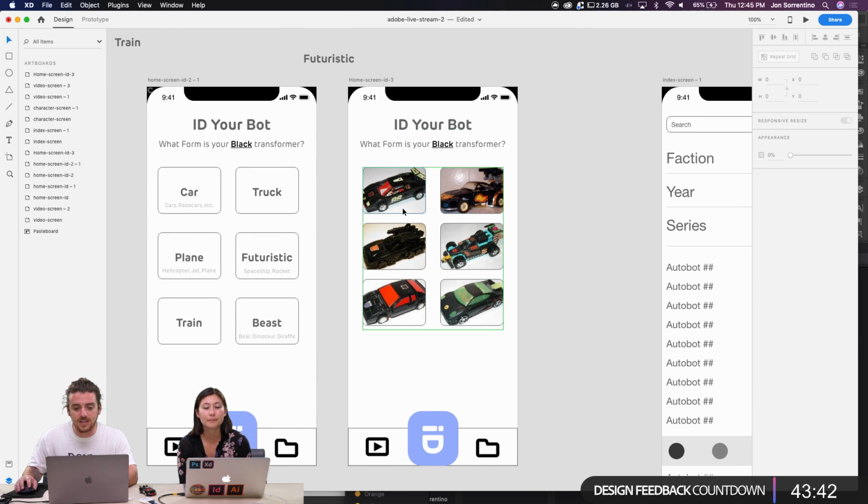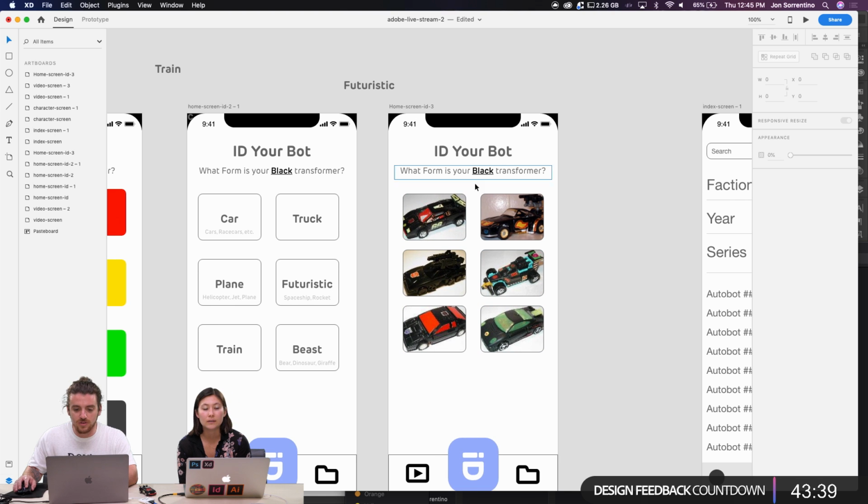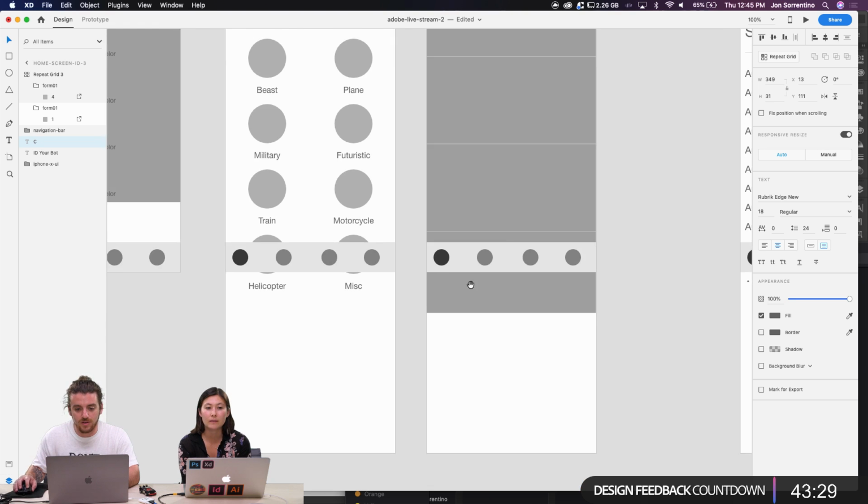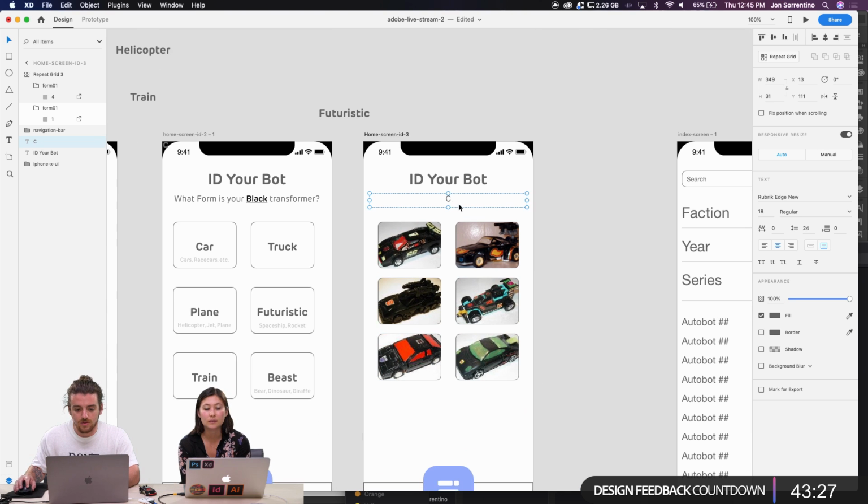So I just dragged in the images that I saved from earlier, and these are our transformers. They are black, and it's going to say, choose your black plus car, underlined.